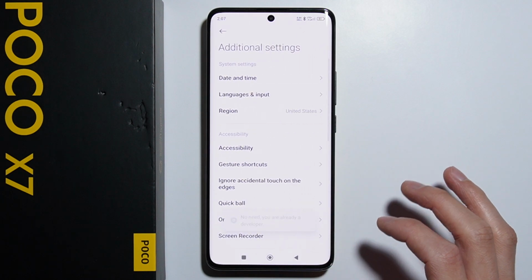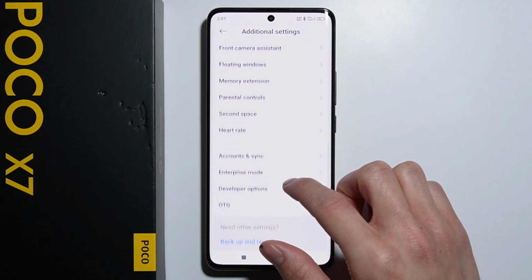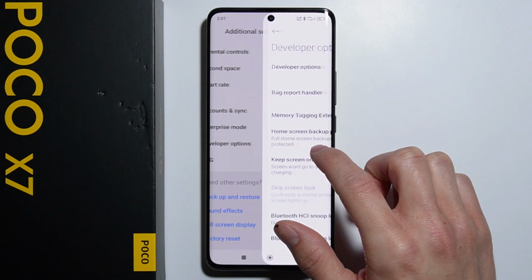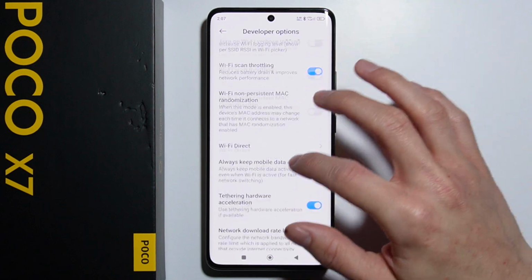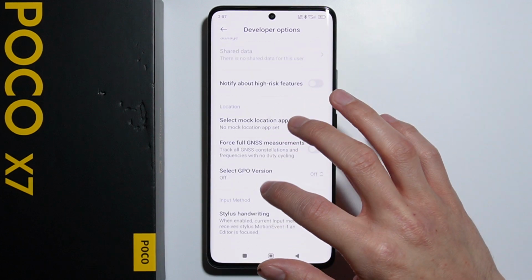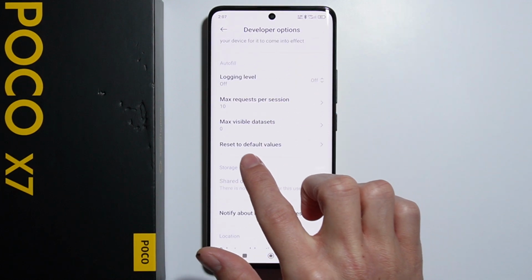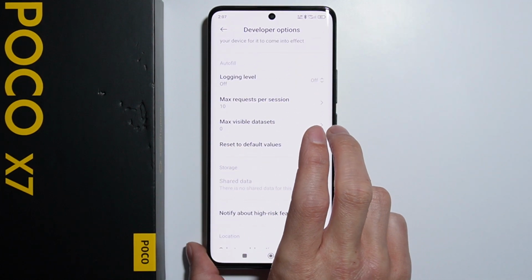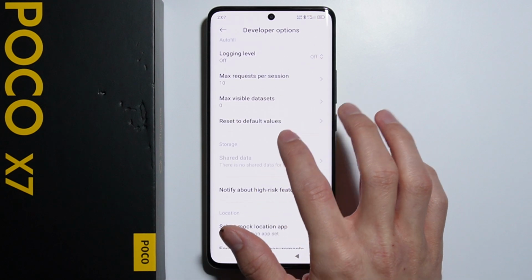and go into the additional settings, and from here you have to go into the developer options and you have to go all the way down again. Right here, and here we have the reset to default values a little bit on the top, and you have to tap